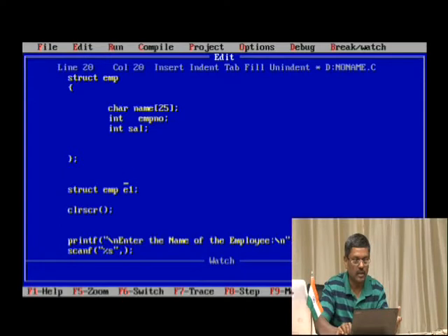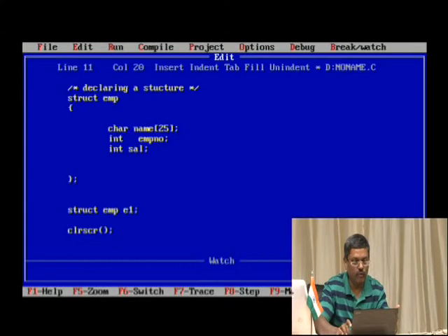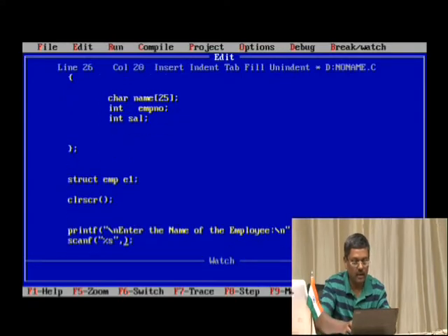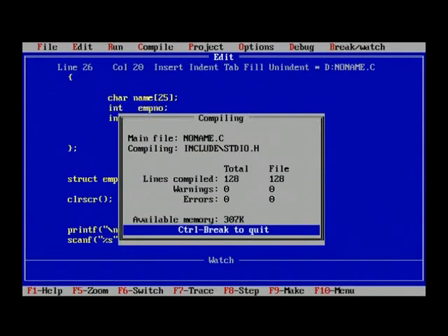So to access this name, we have to get into employee, and then inside that, name is available. How are you going to indicate? EMP is the name of the structure, separated by a dot, and then name. You know that whenever we use percent s, we don't need to prefix with the ampersand symbol. For a normal variable we have to do this, but for a character variable we don't need to. So we will try to compile.